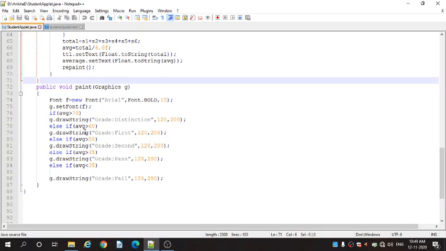It takes three arguments, that is the message to be displayed and the x and y coordinates to display the message.